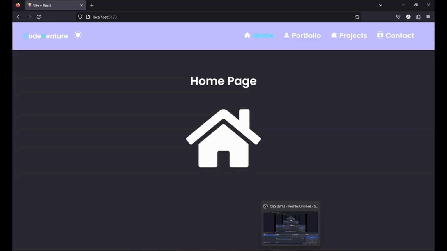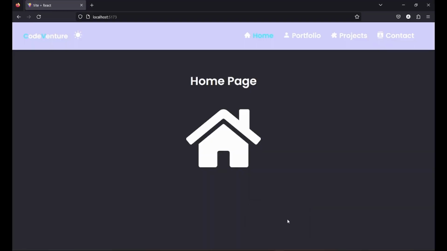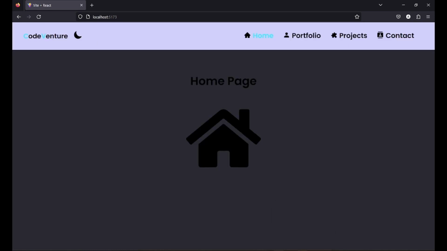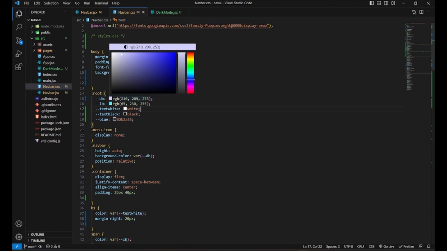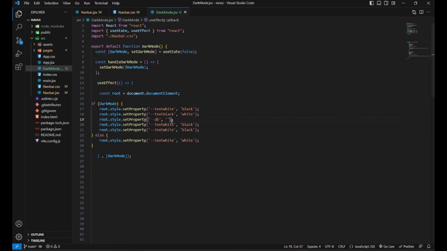Okay, I am not good at UI, so I think it would have been better if I had a Figma design already made for this. But let's go for hit and run. Okay, so I think it's alright. A little bit lighter shade would be great, so let's go for a little bit lighter. We'll take it a little bit below 2. Okay, done. So we'll copy this RGB